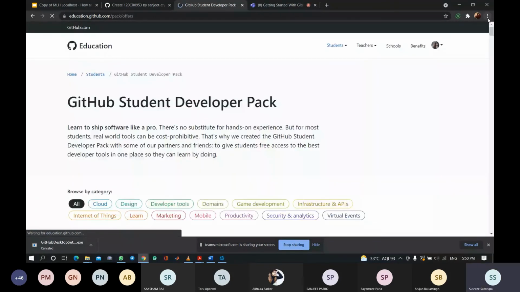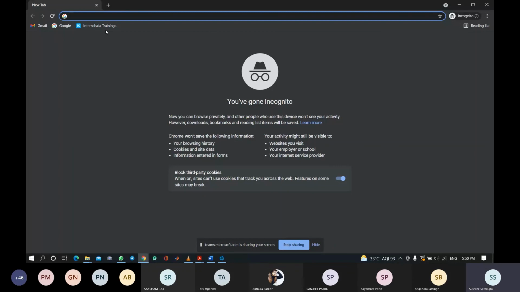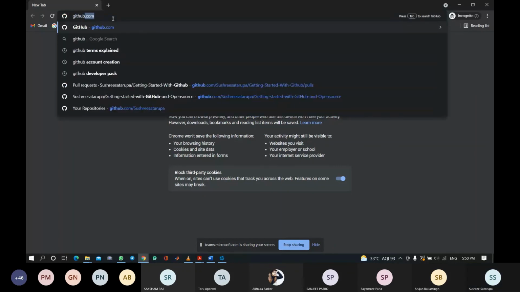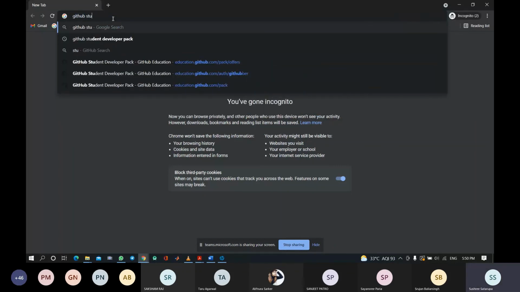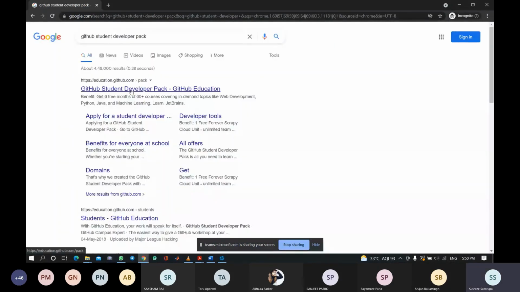New incognito, GitHub student developer pack. This will go to the GitHub Student Developer Pack.